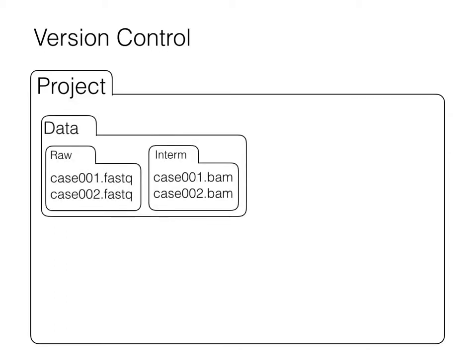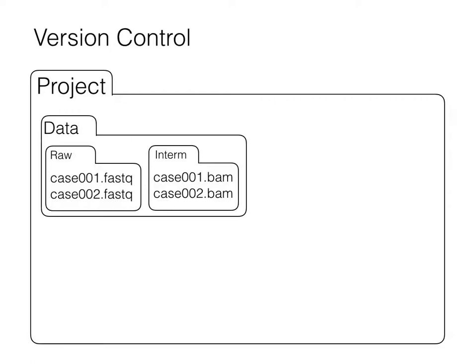Even a simple bioinformatics project can contain many different files and directories. So let's say our project has a data directory with subdirectories raw and interim. This is where our source data and intermediate files will be stored for the project. And actually, the data stored in these directories is probably bigger than we really want to include inside of a Git repository. So I usually make symbolic links to the full data, and it'll reside somewhere outside of the Git